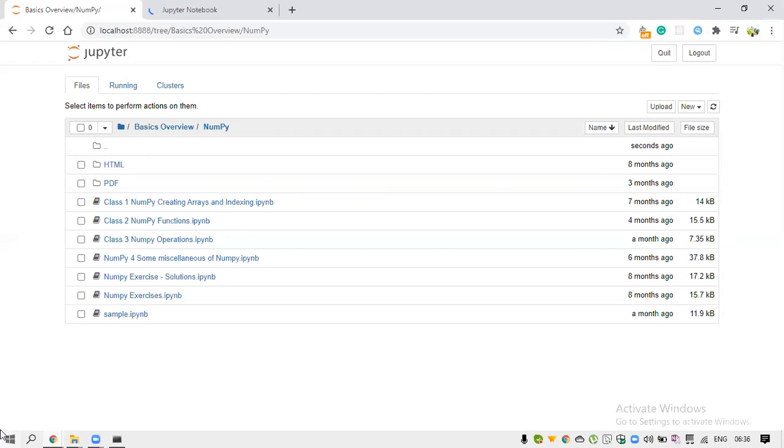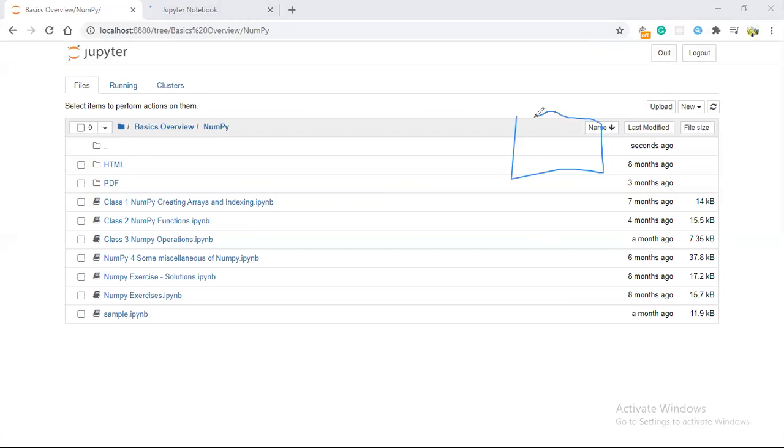NumPy is mainly used to handle images. When you have an image, we can't directly handle it, so the image is converted to rows and columns. After it is converted, if you want to handle an eye or something from that image, we can get that particular element.